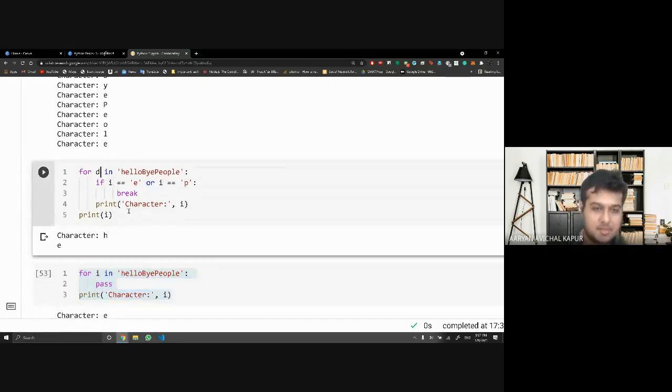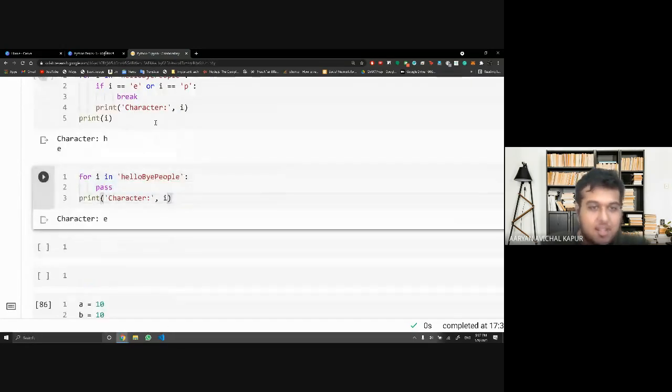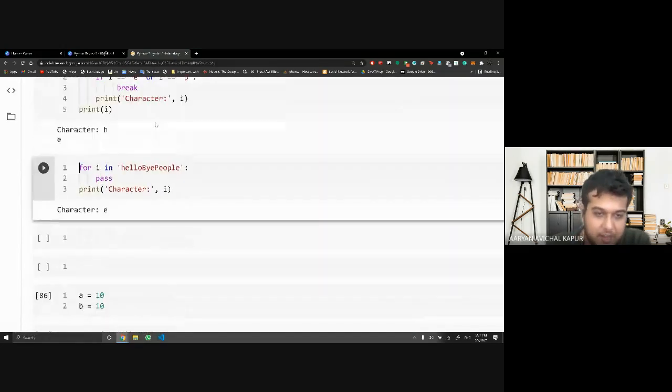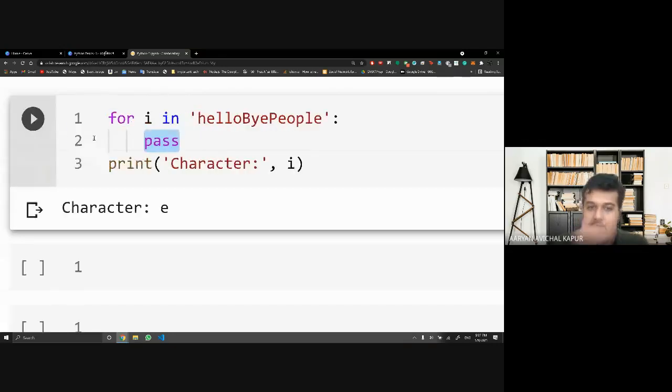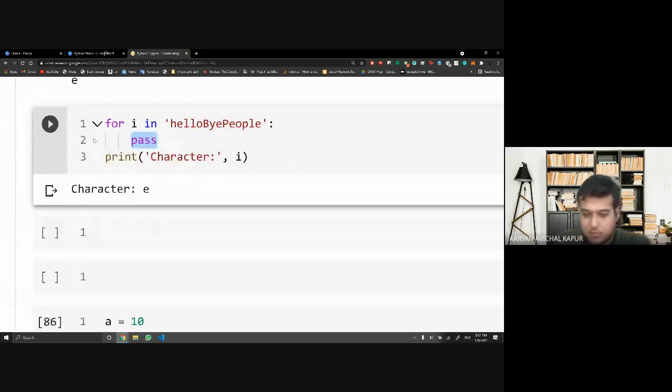So let me just pass. Yeah, so what we simply do with pass is that it simply passes through the code, it executes everything. It goes I becomes H, till H, I becomes E, and it executes everything, but it does not do anything. So if I write anything else here, I would have to go for an output, right? But here what I'm doing is I'm only executing, I'm just moving ahead, I'm not doing anything, I'm just passing